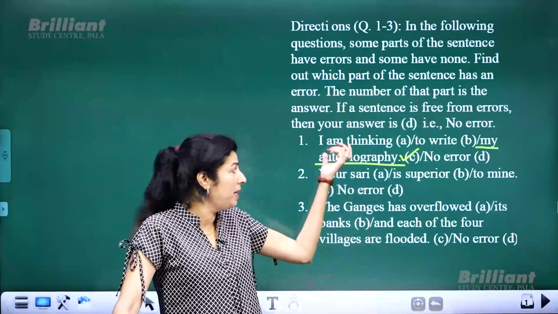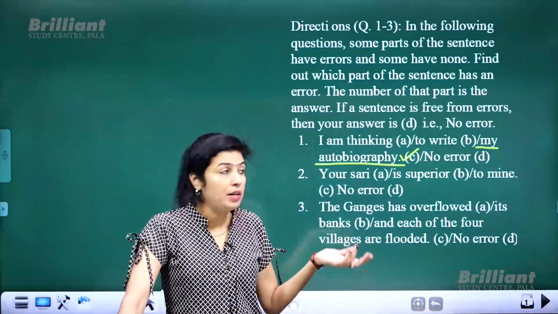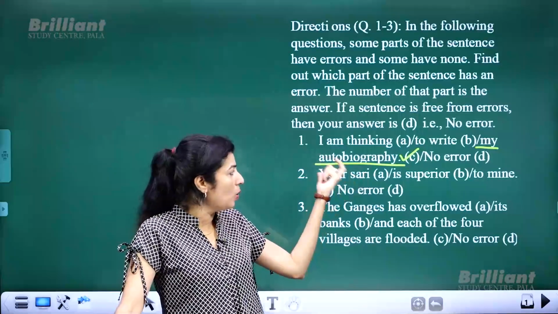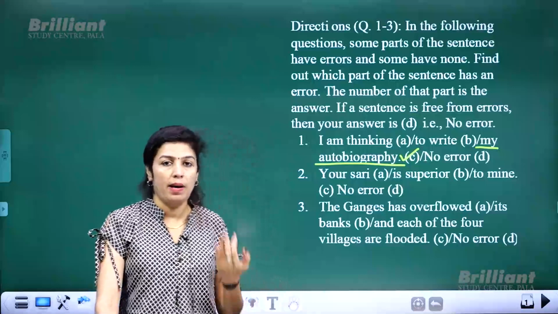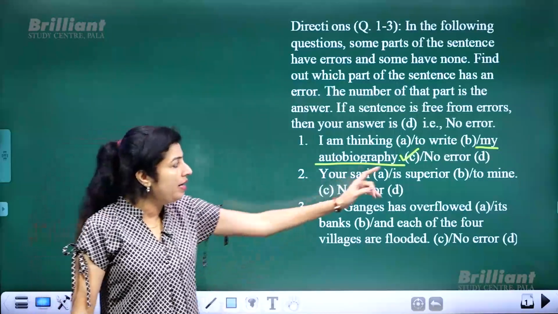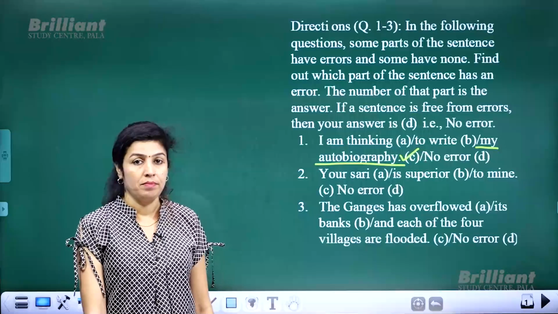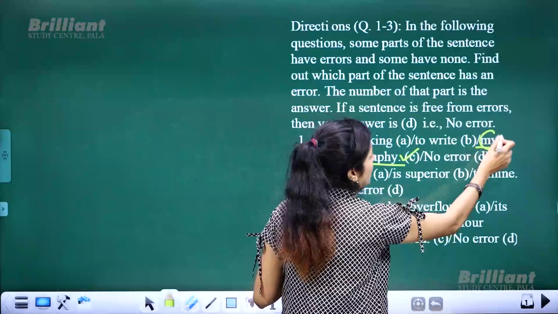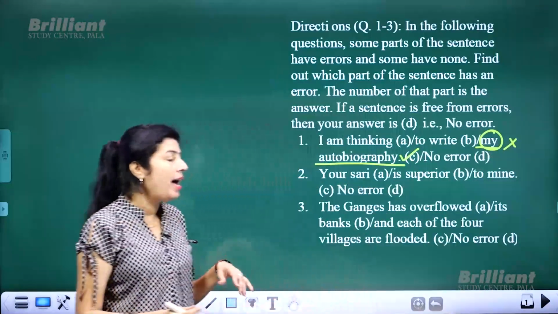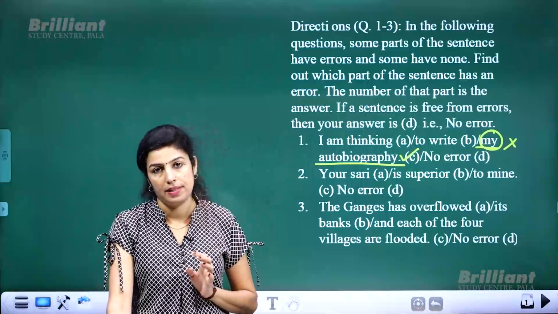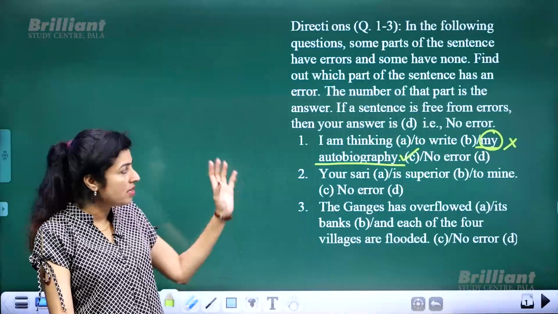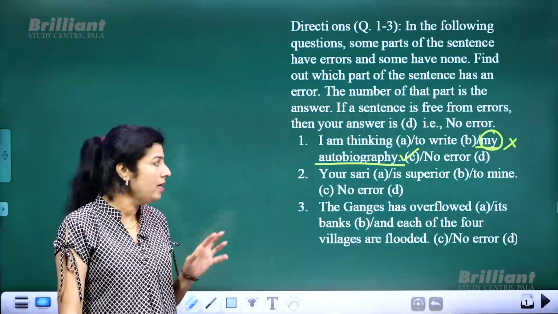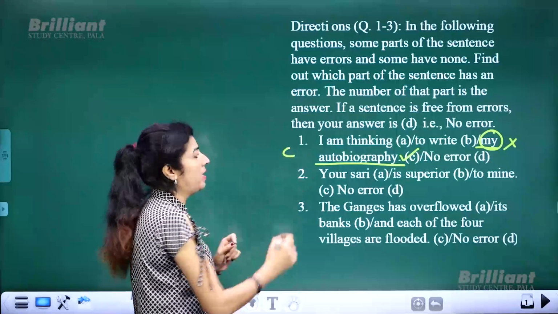So here the error, majority of you might have thought, if it has got any error, it might be in the first part, I am thinking. Okay, no, that part is correct. Second part also is correct, but the error is in the third part, autobiography. That word itself means my own life, not anyone else's life. So there I need not use that my again. And that is why it has become a superfluous sentence. So this word is to be omitted, and if it is done, the sentence will be correct. That means I have to use the structure as I am thinking to write autobiography, not my autobiography. Okay, so it is option number C where the error has happened.